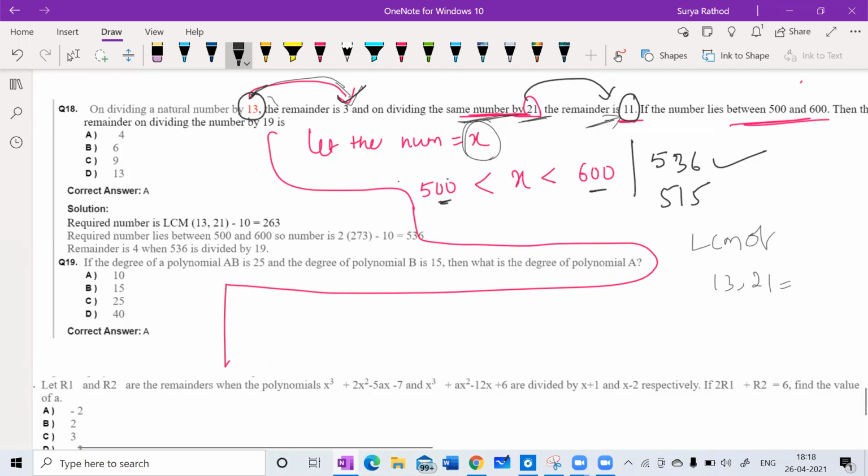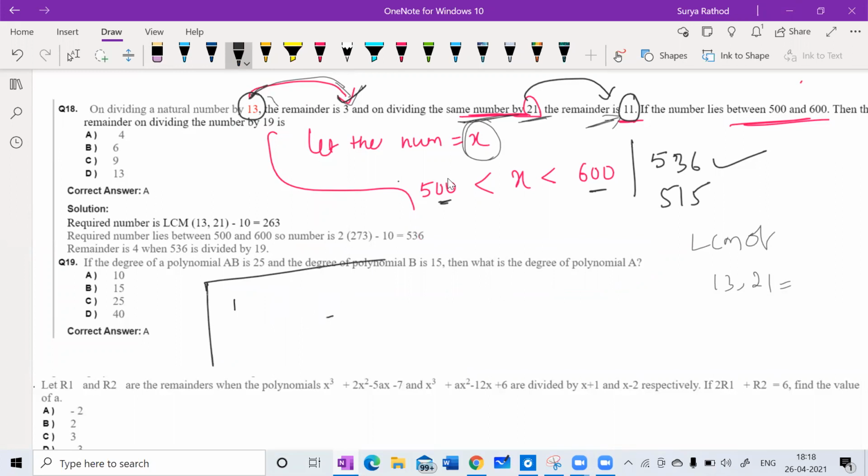Instead of going that method, let us say this is a number. This is my number. If I'm dividing with 13, my quotient I do not know, my remainder is 11. I'm writing an equation. Are you getting my point? Instead of going all that method, let me write. When I'm dividing a number with 13, do you know this method? See here, what is the standard procedure of division? Tell me. Dividend is equal to quotient into divisor, or divisor into quotient plus remainder.